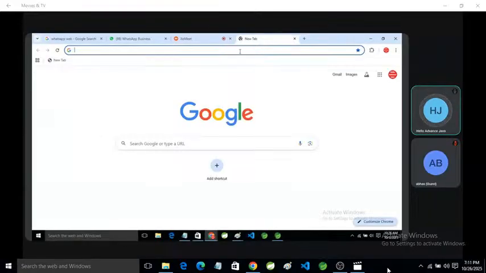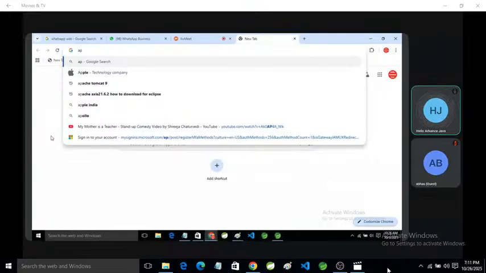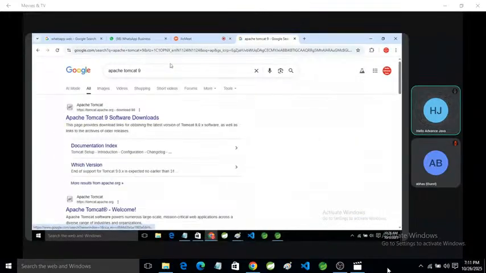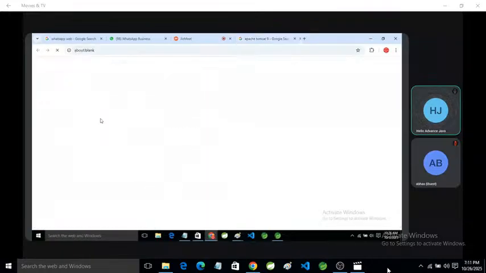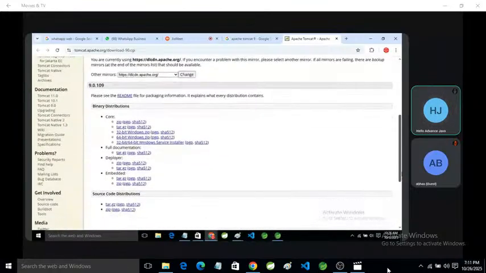You should download Apache Tomcat 9. Type Apache Tomcat 9, click here, and you will get multiple options.